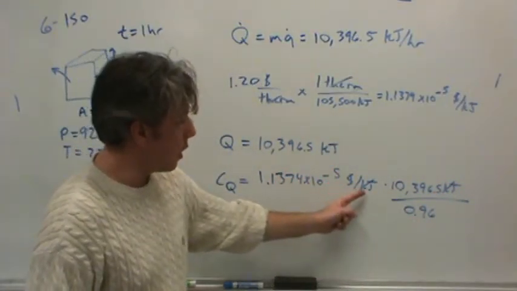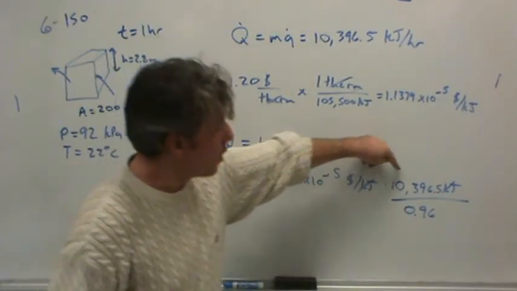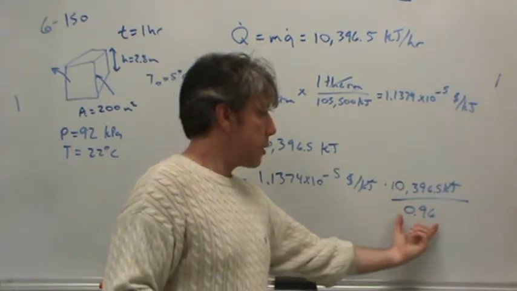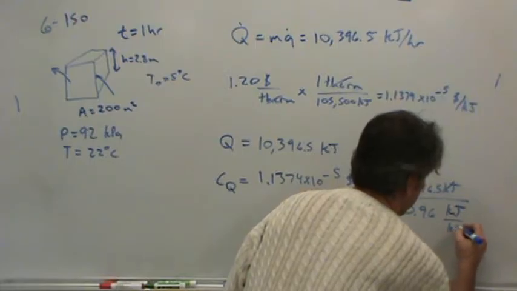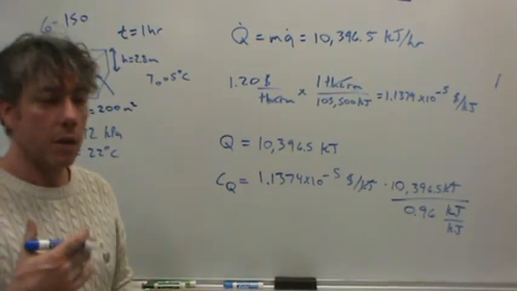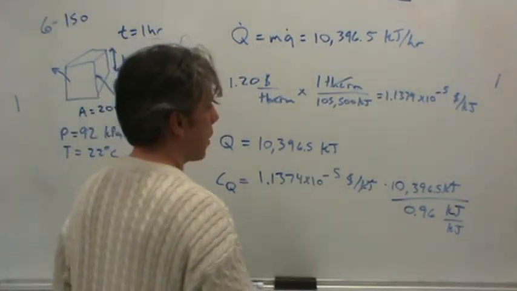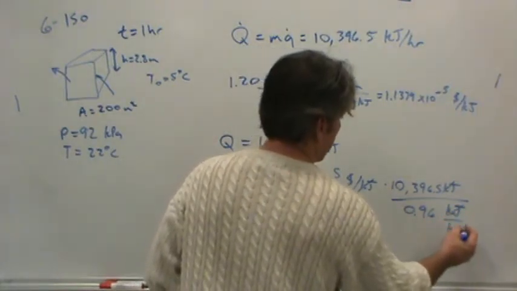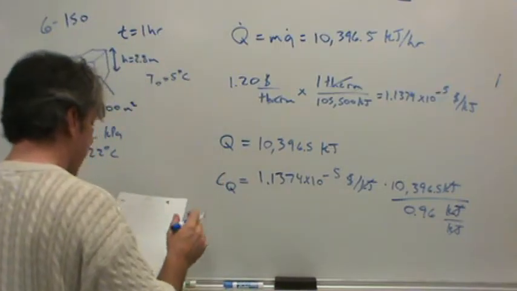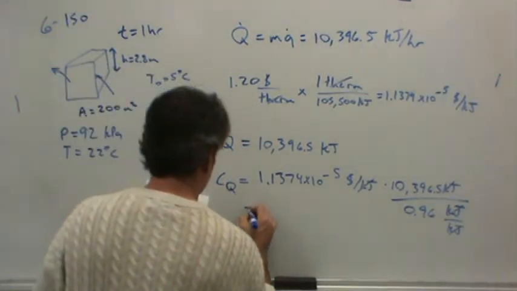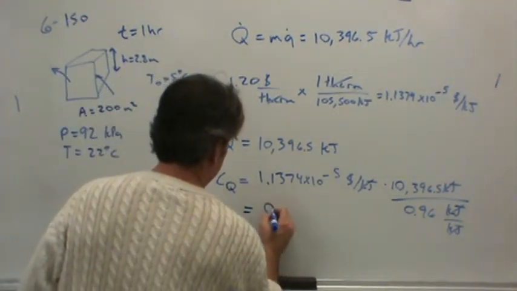Because this is how much it costs to buy the chemical energy, this is how much thermal energy is needed, and this really is a conversion factor that converts kilojoules of chemical energy to kilojoules of thermal energy. Okay, so really what happens is these cross off with these. Those don't really cross off with each other. Anyway, slight units point. Anyway, this cost comes out to